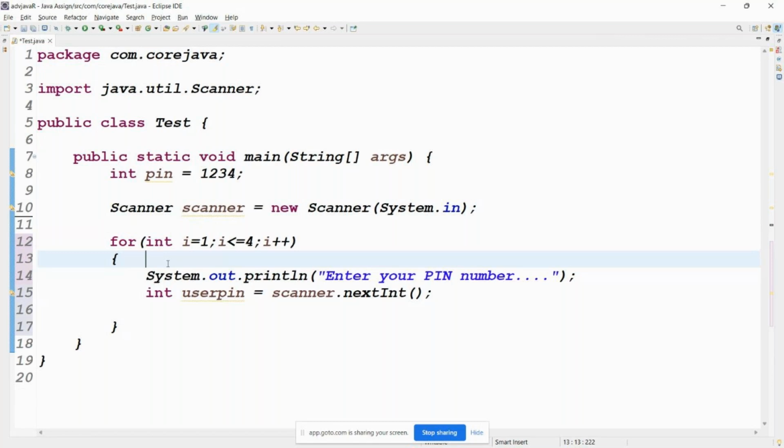Because you got the point or not? Then multiple times the object will be created. Okay, fine. So you got the